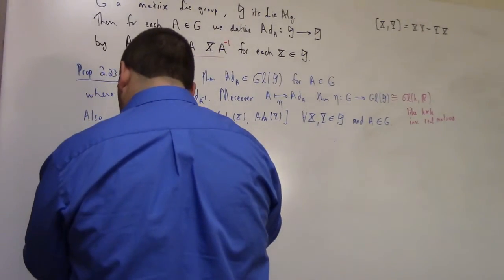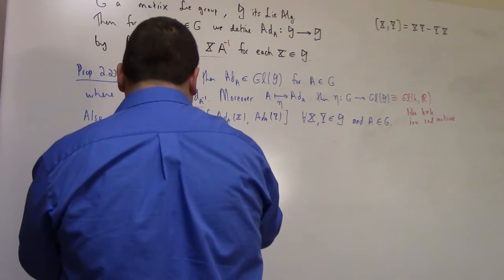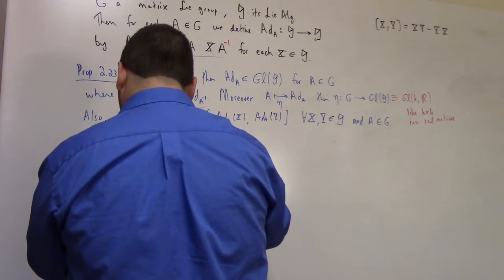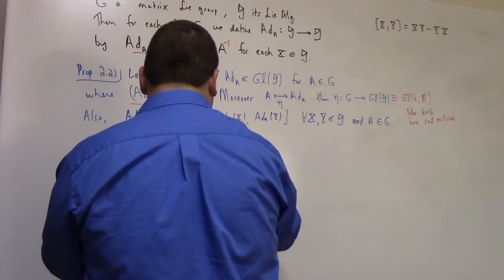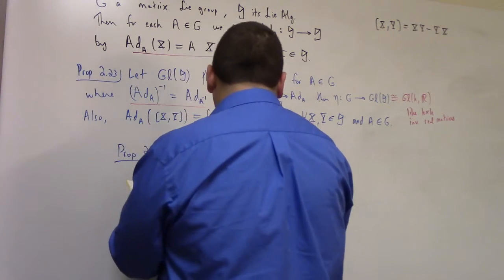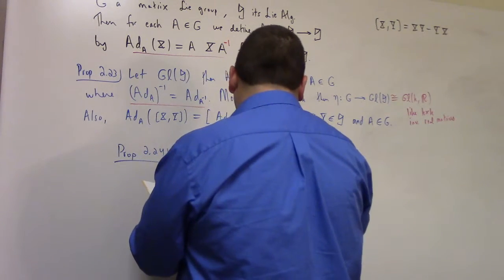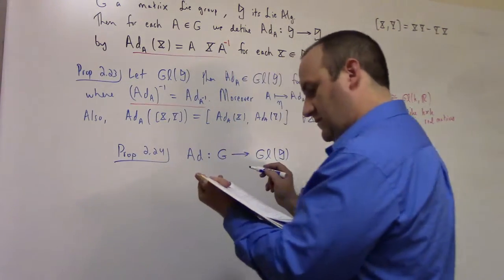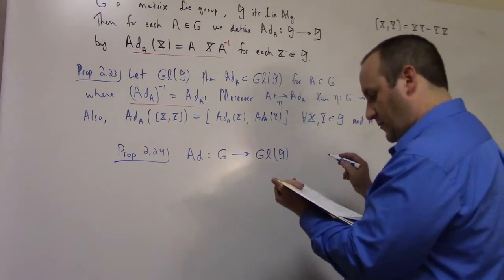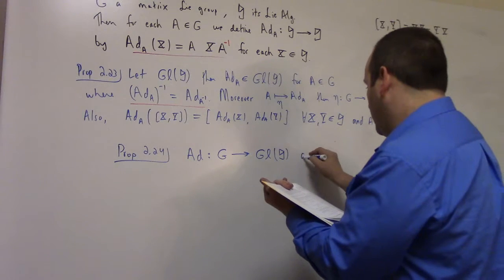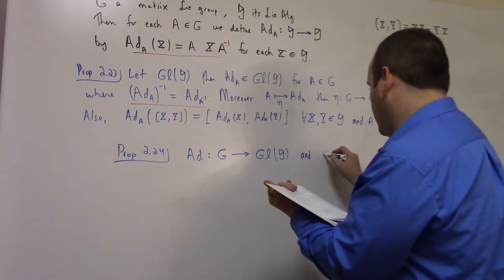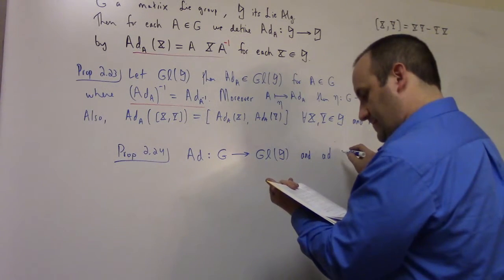G and 𝔤 as before. I'll just write the stuff we're struggling with the most. The adjoint, big Ad, goes from G to GL(𝔤). It's the Lie group homomorphism defined above, and little ad is the mapping